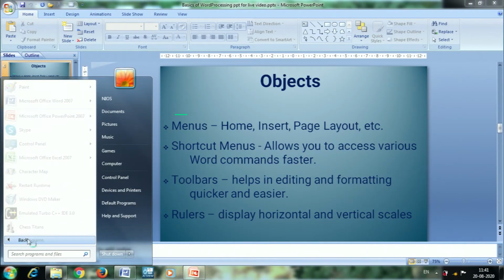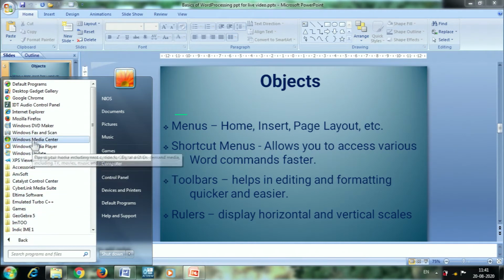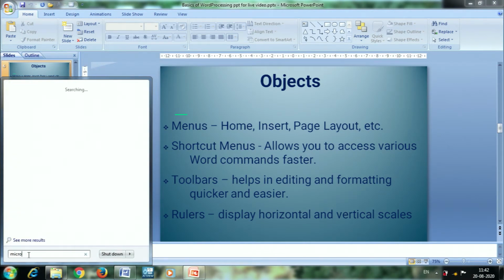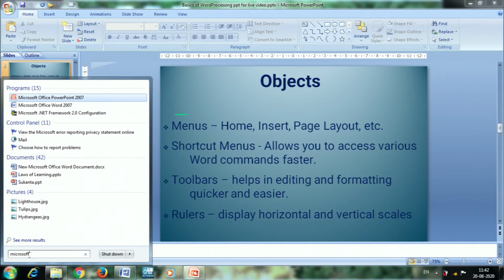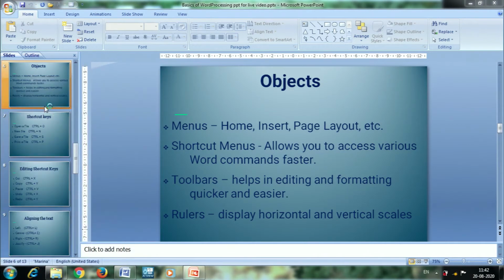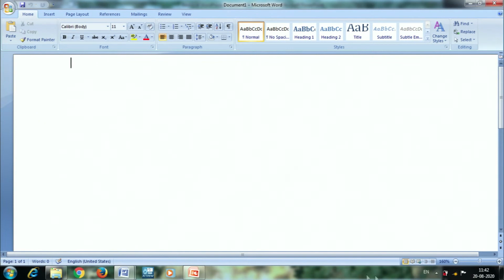So, let me show you the word processing software, so we will come to know how we can work in it. I am clicking on the start button. From there, I can choose the option all programs. From all programs, it shows the list of software which is already installed in my computer. I can click on Microsoft Office, then I will see the software installed in Microsoft Office. Here it is showing Microsoft Word 2007. So, I can click on this. Once I click that, I will have a blank document.